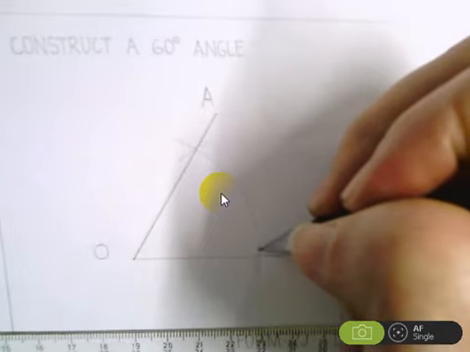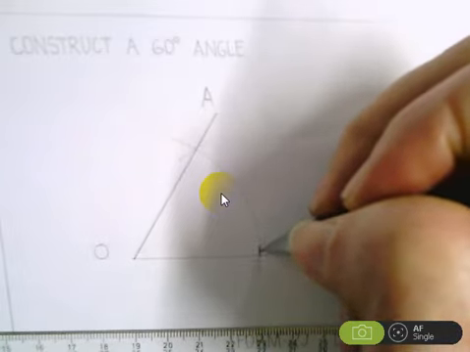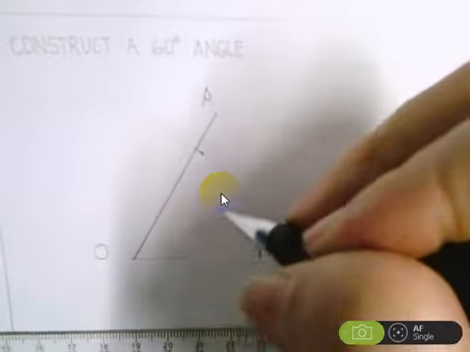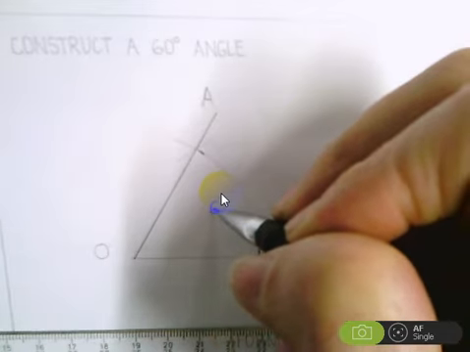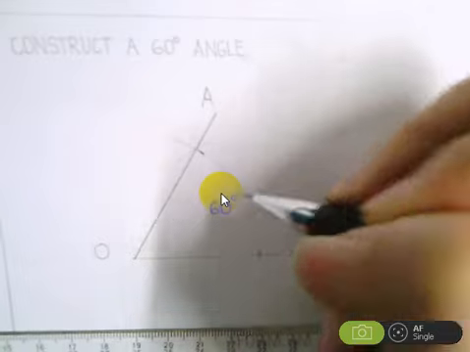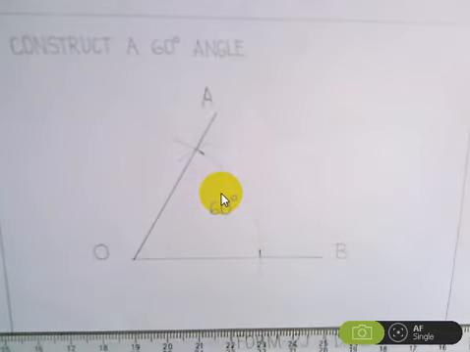If I now go and do this, to show that that is the angle, I will put 60, and remember, if you don't put this little degree sign there, then it actually reads as 60 millimeters. So you must put that little